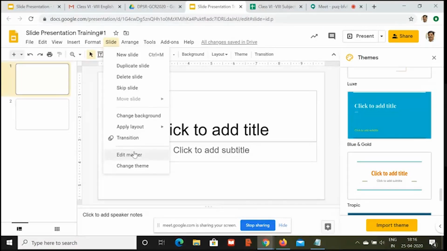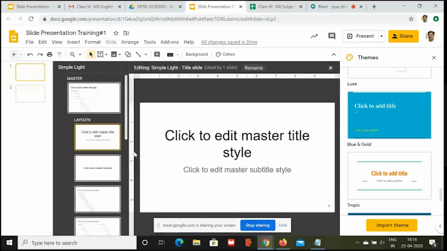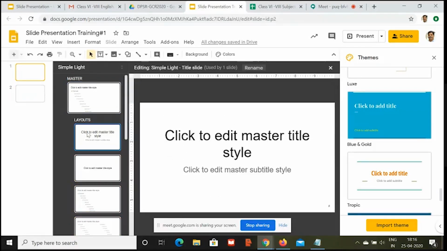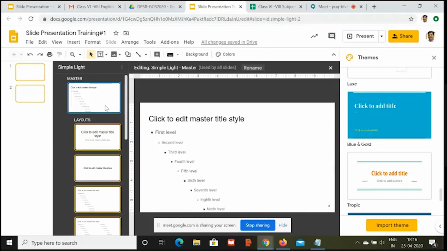So when we'll click on edit master, here we can either give a design to master slide, or for different layouts, we decide on different color scheme and font scheme. Ideal will be you just click, by default your slide will be selected. So you have to click on the top slide, which is the master slide.